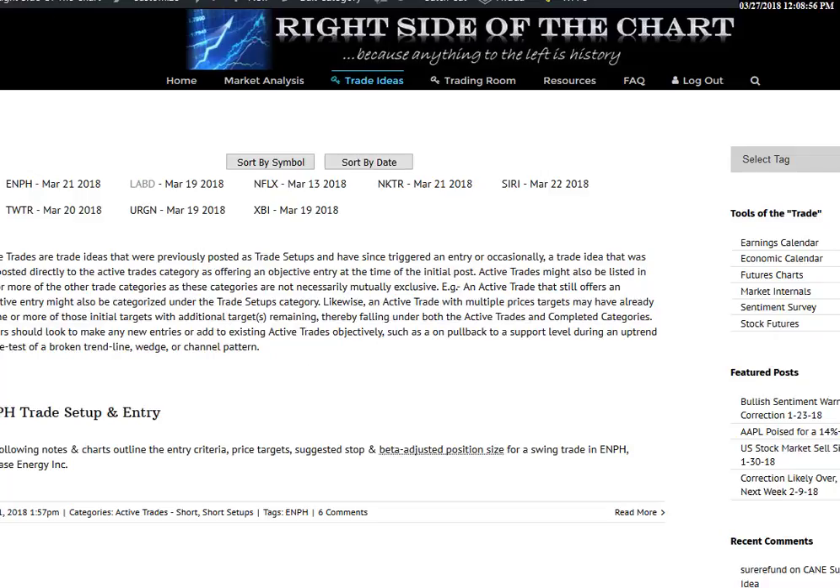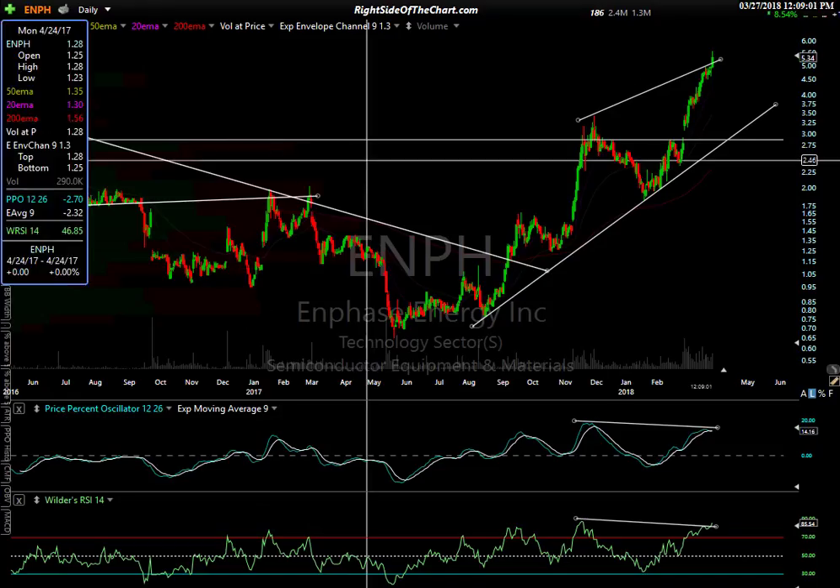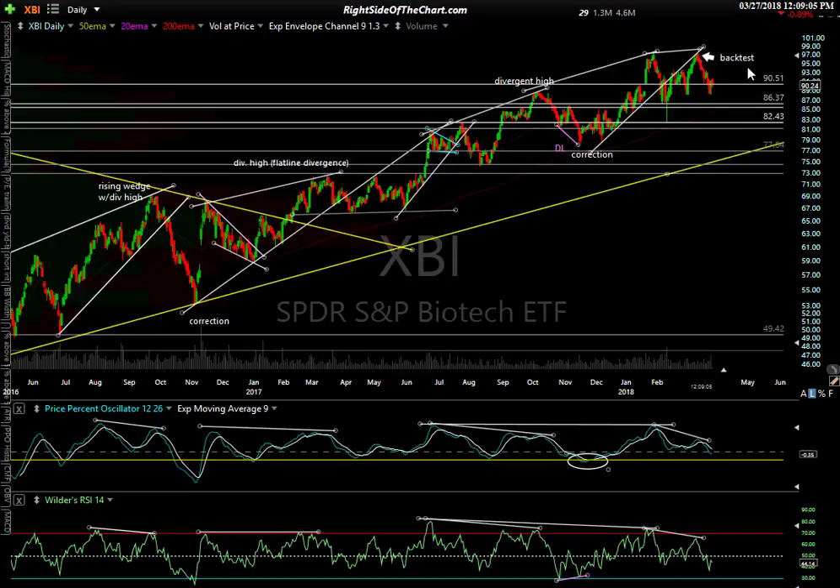All right, so next up, we're going to cover LABD. That's a biotech ETF. And I mentioned, one can either short XBI, and I always like to use the chart of the one-time non-leverage ETF when charting. So the reason behind this trade was a breakdown here and a back test,